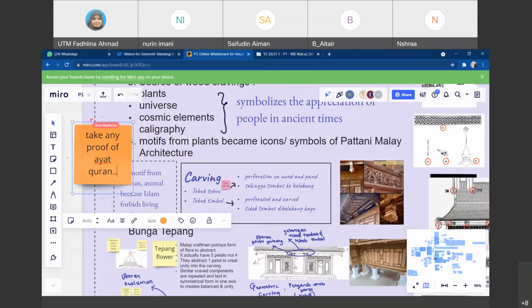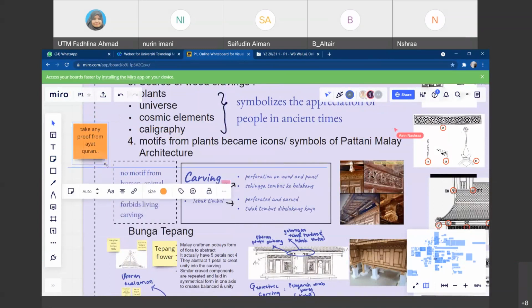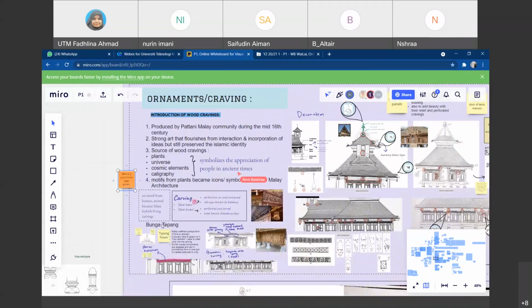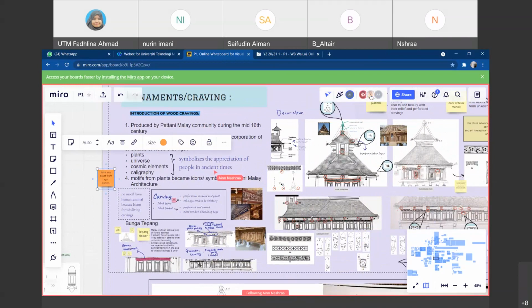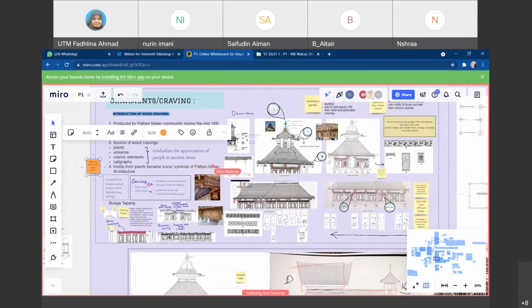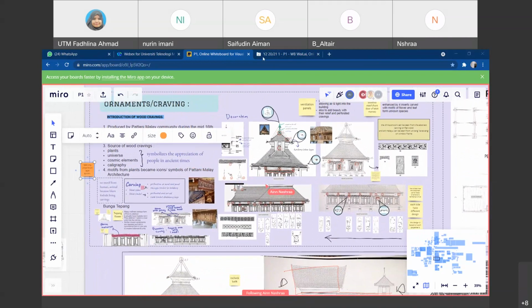Seeing from this, I think yours can also be the final board, because you are talking about very specific details about the ornaments and so on. It's okay, you can be the fourth board. So Awin is going to be the third board, right? And then,